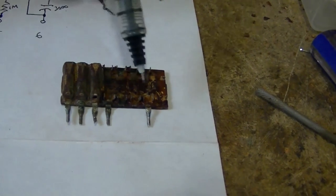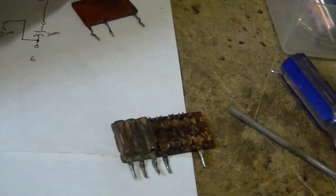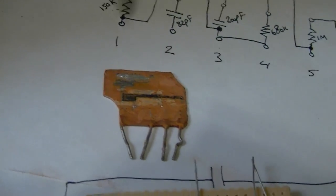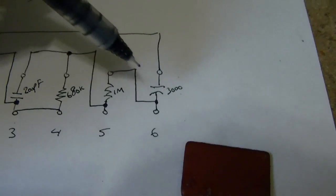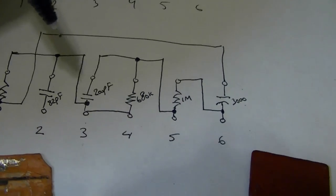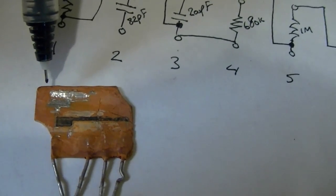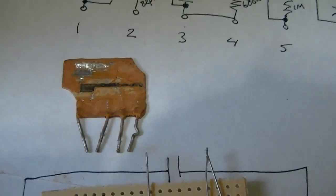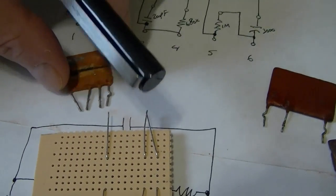The internal structure on these modules is very straightforward because each one of these cylinders is just a discrete component. Not quite so simple on these. So I took one of them and I started to scrape away the external coating. And at first I was kind of confused because this is what's supposed to be inside there: 3 resistors, 3 capacitors. Well, I found one kind of metallic structure up here and what looks to be a carbon track running through here. And on the flip side, to be careful because this is cracked a bit, on the other side we see